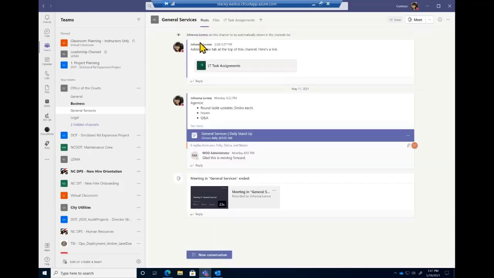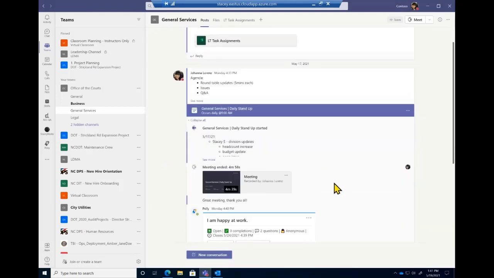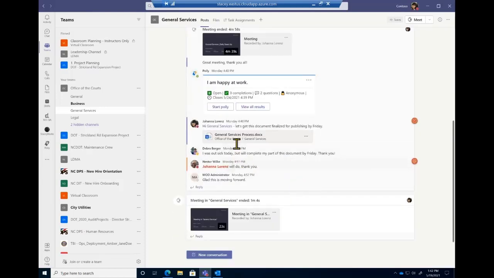This is all of the conversations that we're having. You can see the meetings here. If I click on the replies, I can see when that meeting last started, that particular meeting recording. But the beautiful part about this is that this is a daily stand-up. Your daily recordings live here in this one central place. So if you missed a meeting or you were out sick, you can reference back here. You can see the chat. It's almost like we call it live. It's like we live tweet during a meeting as well.